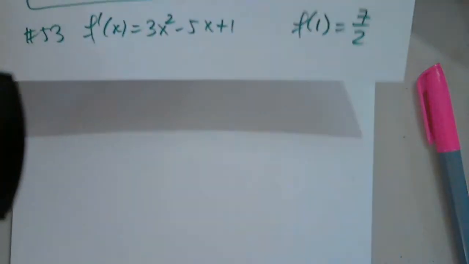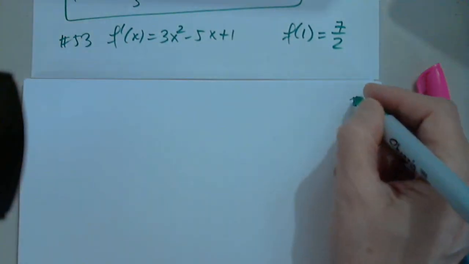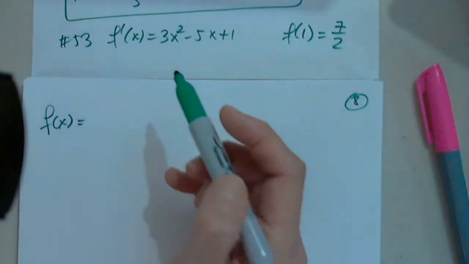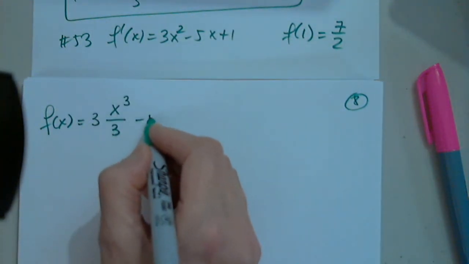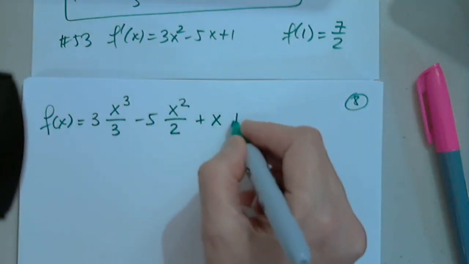And let's work on this. I am on page 8. Good. So first of all, I have to find the function, the family of functions if you want. So this is 3x to the third over 3 minus 5x squared over 2 plus x plus a constant